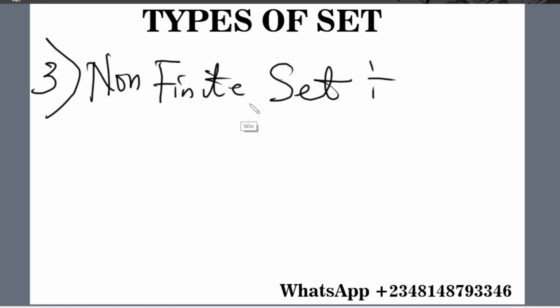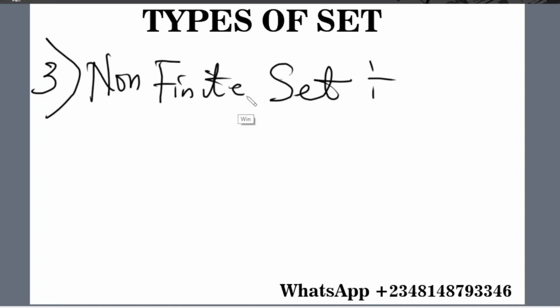Finite sets can be counted, but non-finite sets cannot be counted. Note this, for a set of non-finite terms, 3 dots are usually used to show that they continue. In order for you to identify a non-finite set, you would see 3 dots at the end of the elements